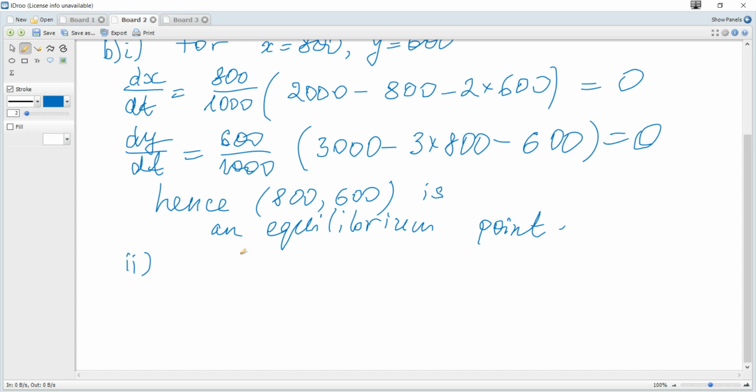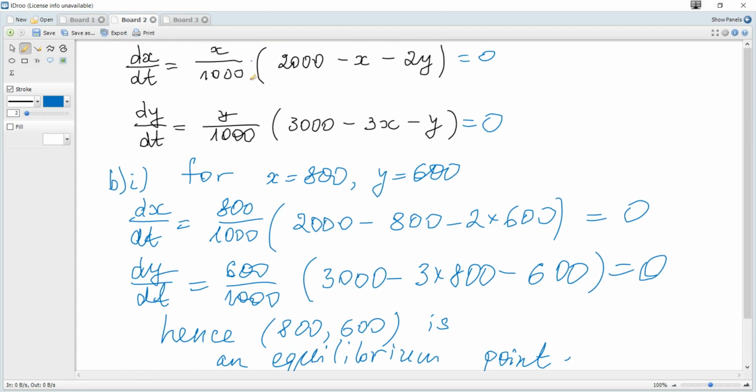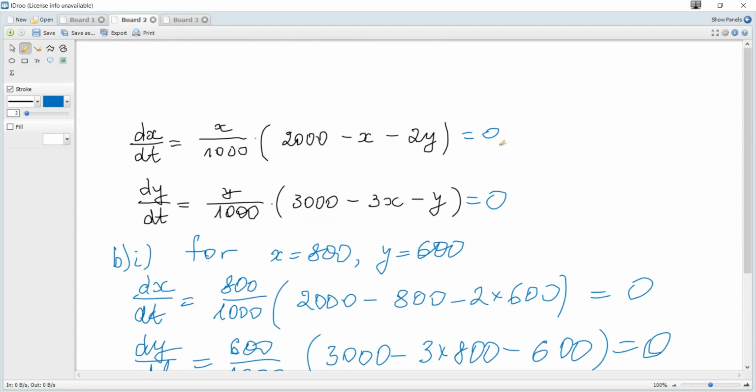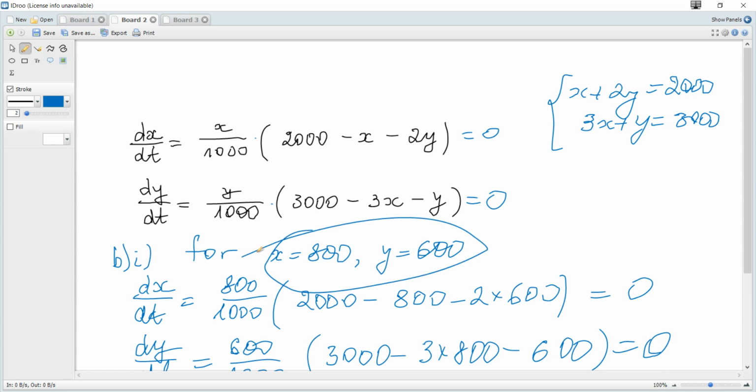Let's write x is 0, y is 0, and again you can see that it's a product, and it's also a product, and for a product to be 0, the possibilities are this is 0 and this is 0, and this is 0 and this also is 0, and if you solve this and this as simultaneous equations,